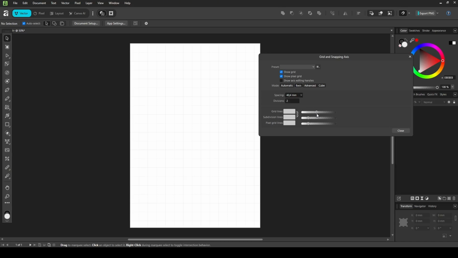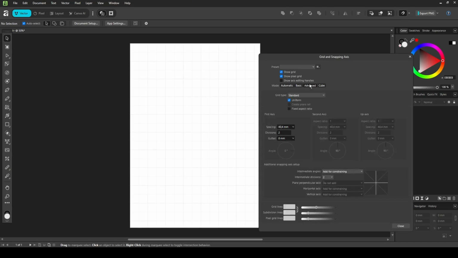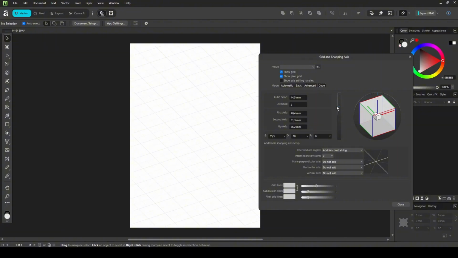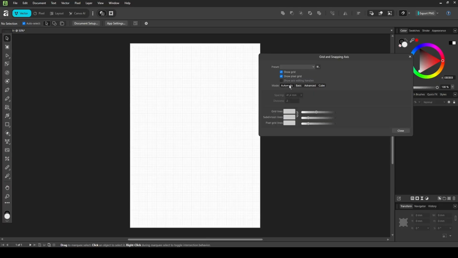For more advanced control, click the Advanced option, where you can select different grid types and customize them in detail. There is also a cube type available, which lets you create three-dimensional grids for more complex layouts. Most projects only need the automatic or basic modes, but advanced and cube are there whenever a project calls for